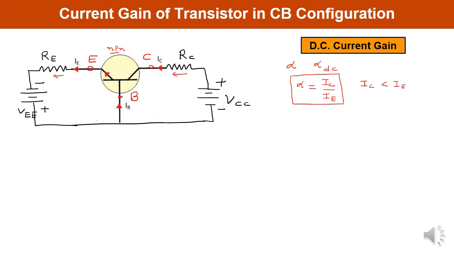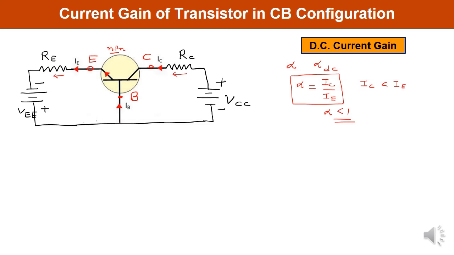We have discussed this in the operation of the transistor. Some of the electrons in the case of NPN transistors may recombine with the holes available in the base. So out of the emitted electrons, a few are going to be recombined and the remaining will be collected by the collector terminal. It means the emitter current will be higher than the collector current. So the value of the numerator, which is IC, will be less than the emitter current. It means the value of alpha must be less than unity. You must remember that the value of DC current gain will be less than unity.